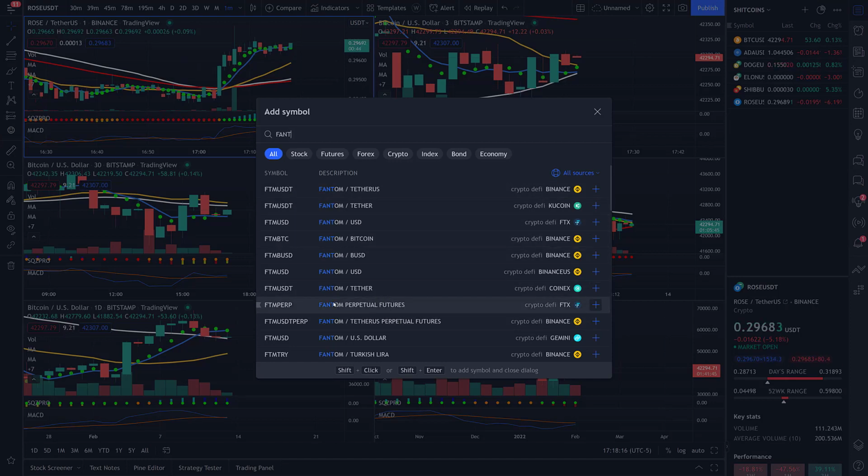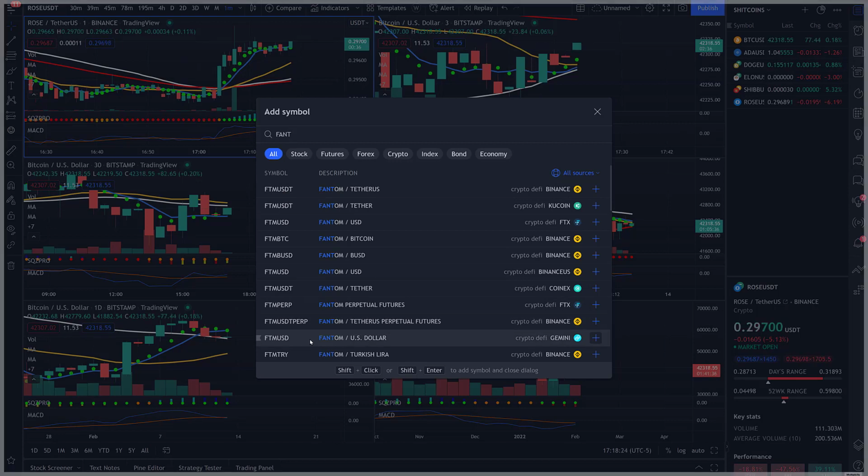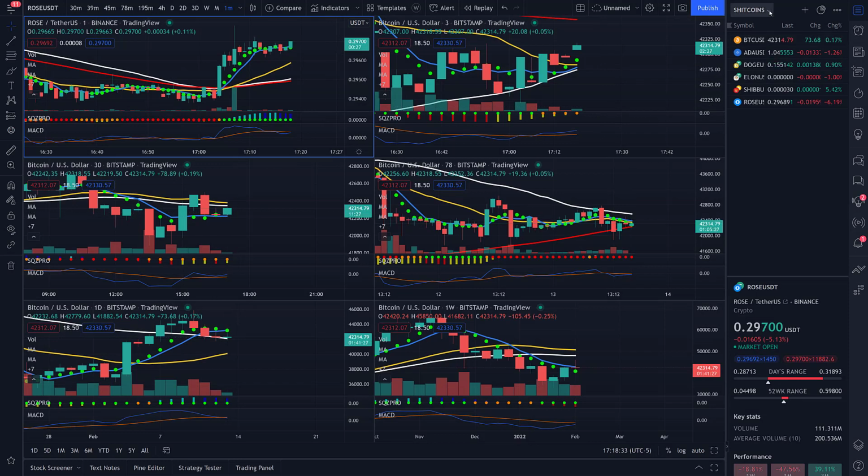So if you're going to analyze Phantom, then you have to use the Wolfe for all of these. So you have to make your own watch list called Phantom, and then apply all of these here. Right, so let's actually do that. So I'm going to create a new watch list called